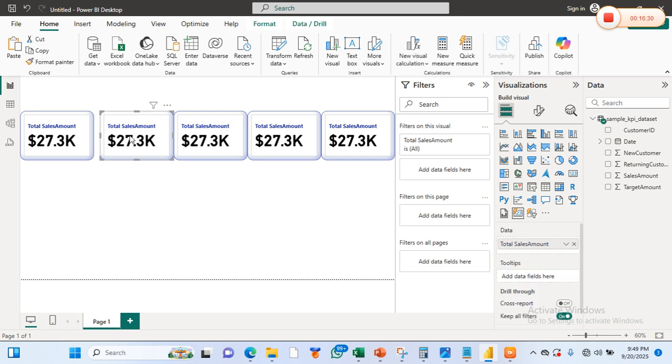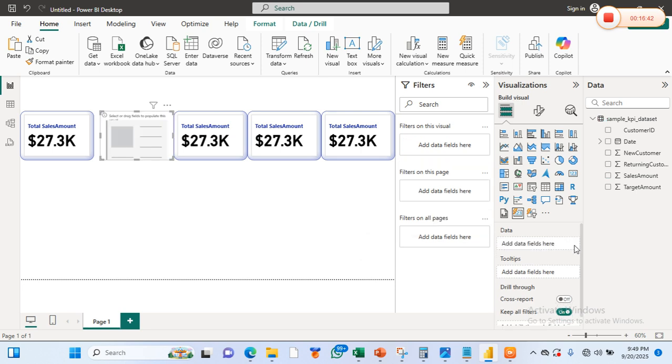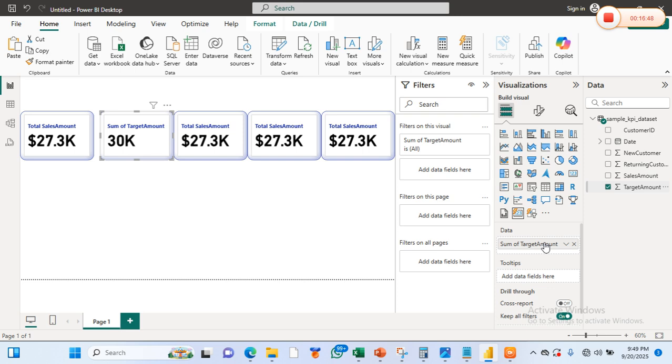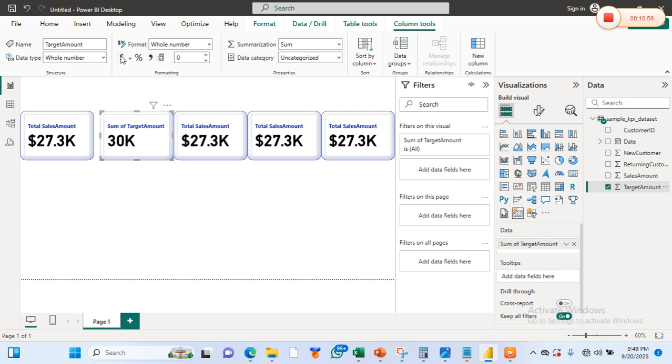So the next thing we are going to be looking at is the target amount. So our total sales for the year is 27,000 US dollars. So against what? There should be a target that the company has set for themselves. So the target that the company set for themselves should be 30,000 US dollars. So let me click on this and format with dollar sign. 30,000 US dollars.